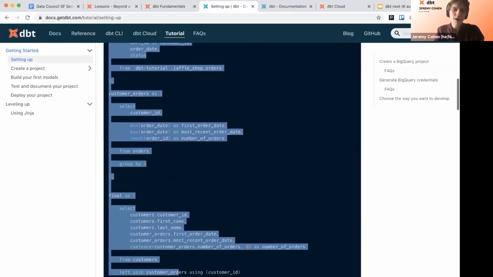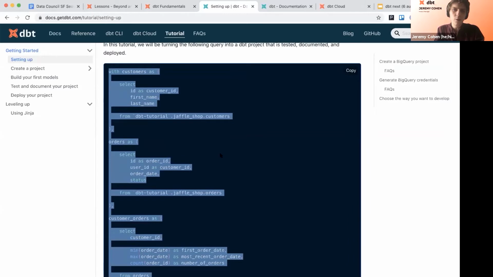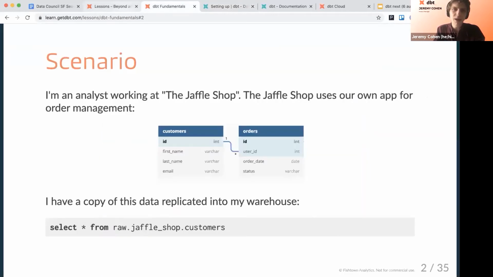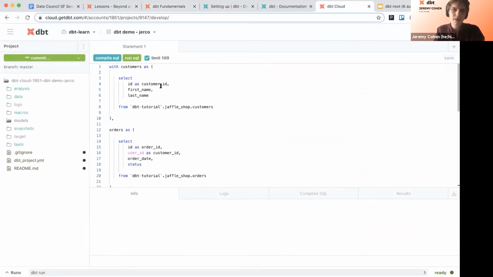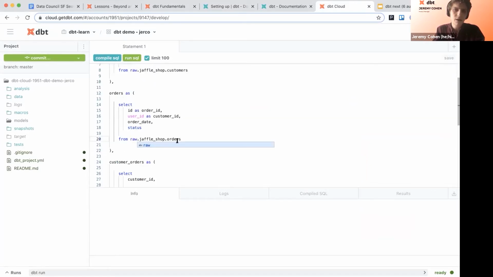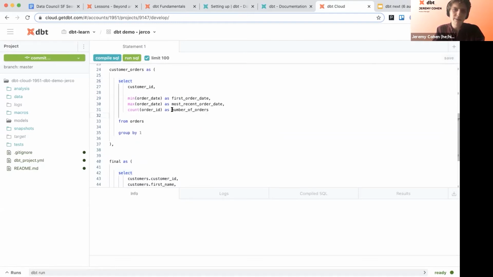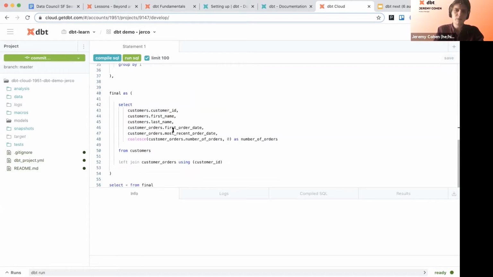And we've got a query that we can play around with. I'm going to play around with it in Cloud. So this is a query that takes customers and orders, joins them together, finds each customer's first order date, most recent order date, number of orders.